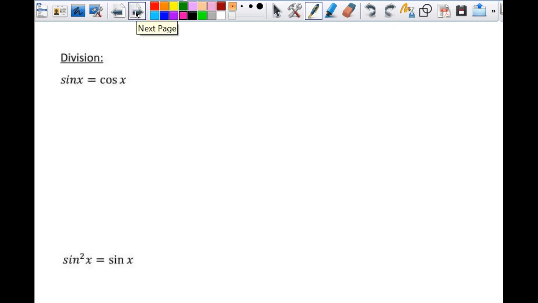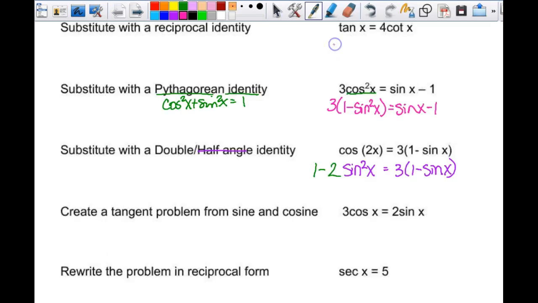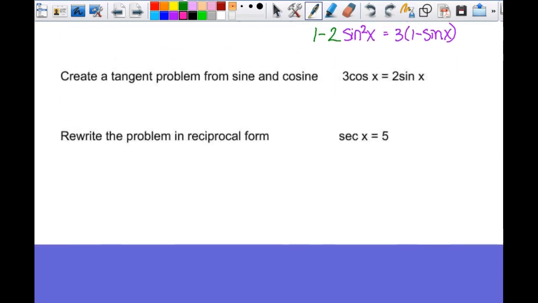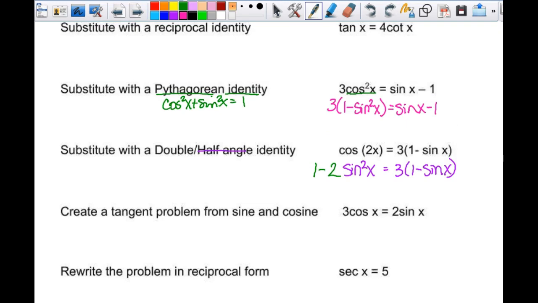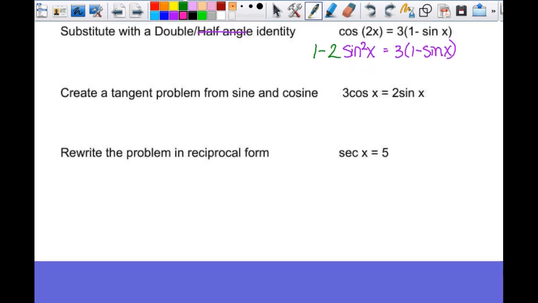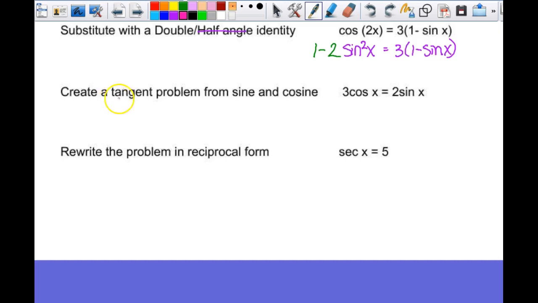All right, so division. We'll go back to this, because it's said a little bit differently over here, but you're kind of doing division. One of the things we'll look at is what you can't do in just a minute. What this says is create a tangent problem from sine and cosine. I can't just replace it, like if that was a cosine squared or a sine squared, I'd be able to use a Pythagorean identity and change it so it's all just one function. There's really not a GCF to factor out here, but I can make this into a tangent problem, right? What do I have to divide by to get tangent in here? Cosine, right? So if I divide both sides by cosine,